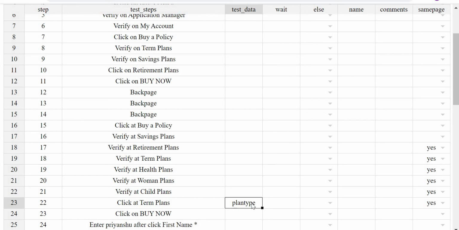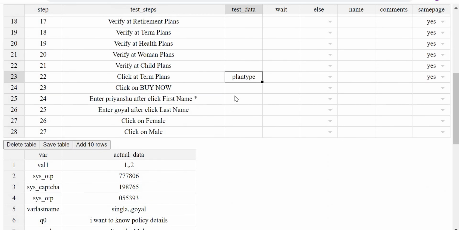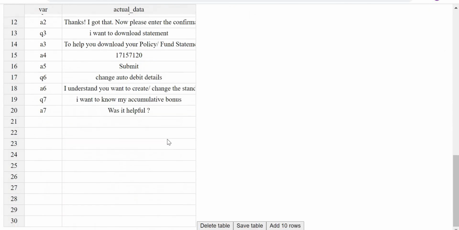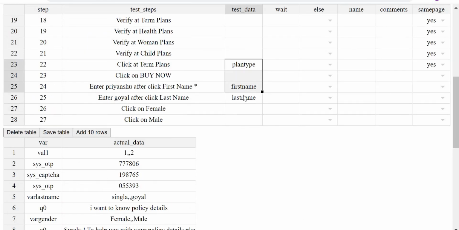We'll assign values to these particular variables. After that, first name. This is my first name. This is my last name. So these are the variables which I have created, right? Now I'll simply copy paste.